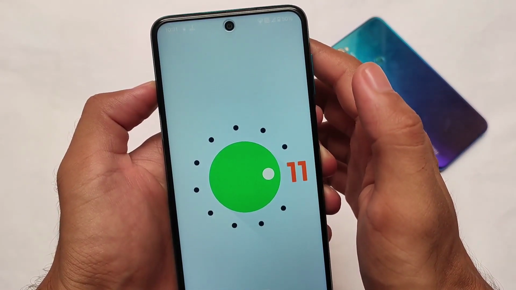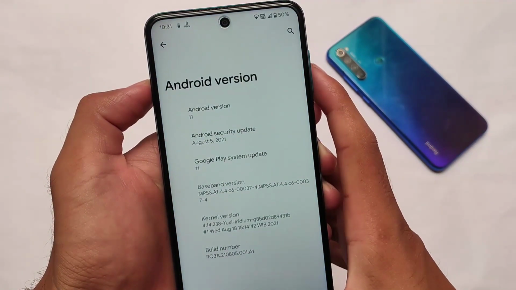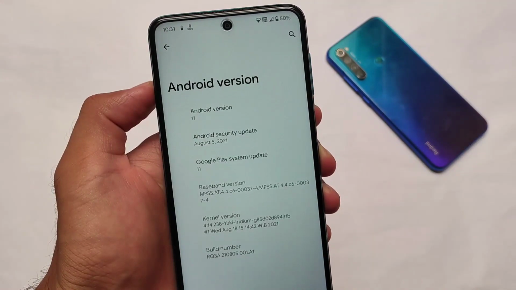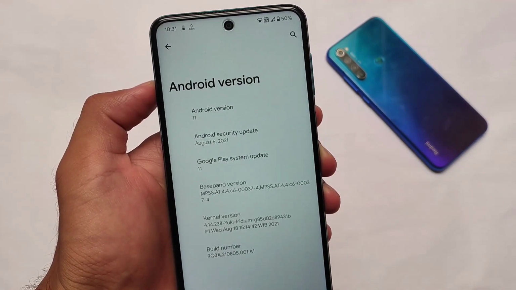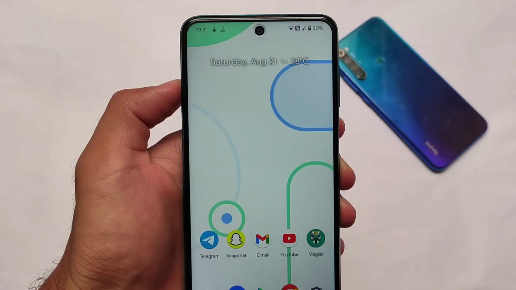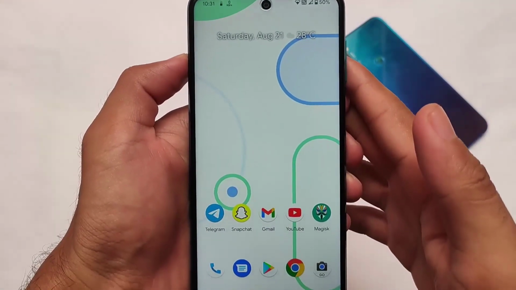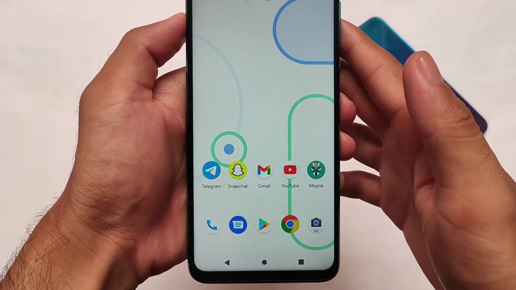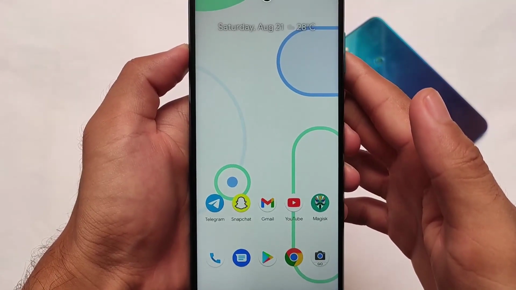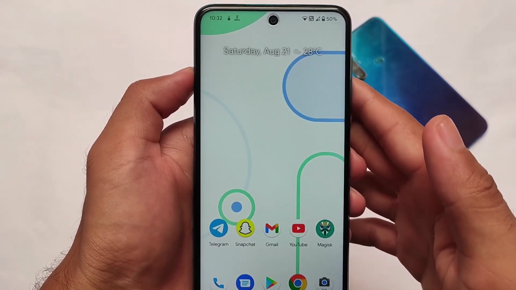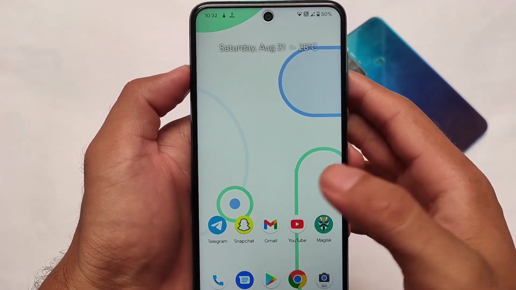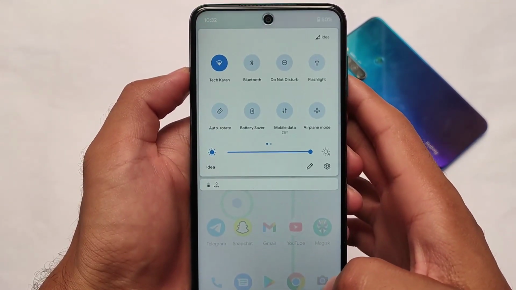I made a video on Project Radiant some days ago. For that, it has a very interesting and unique UI right now, but still it was not available for some of the devices like MeaTool devices. So it's officially available right now. The things you already might know about these AOSP ROMs, that you get the same kind of UI, some features, etc. Let's just talk about the default things first of all.